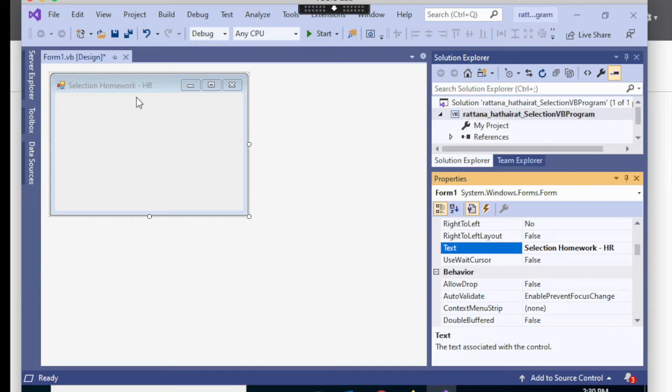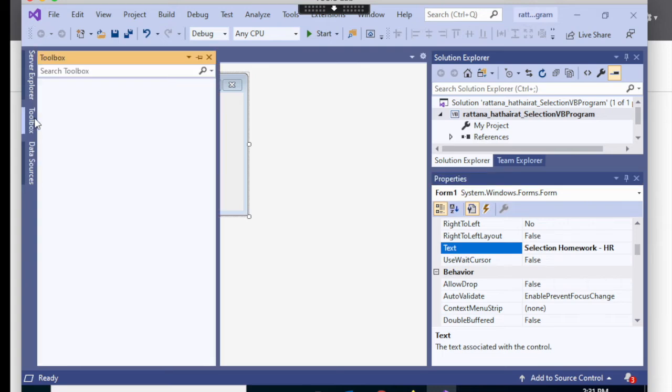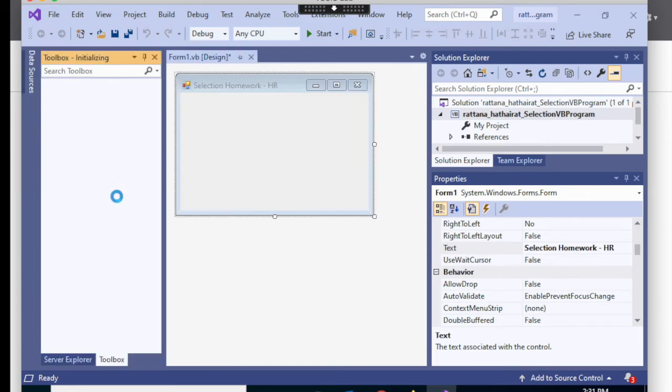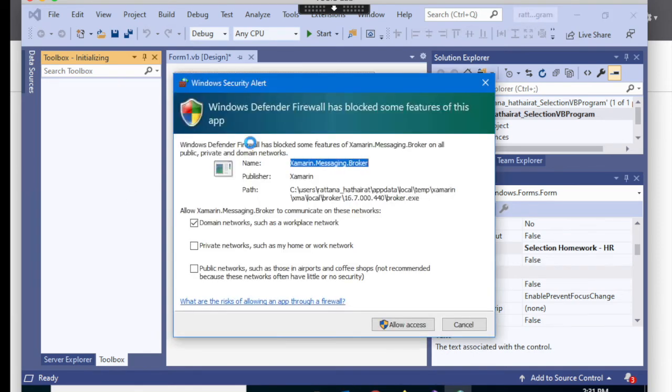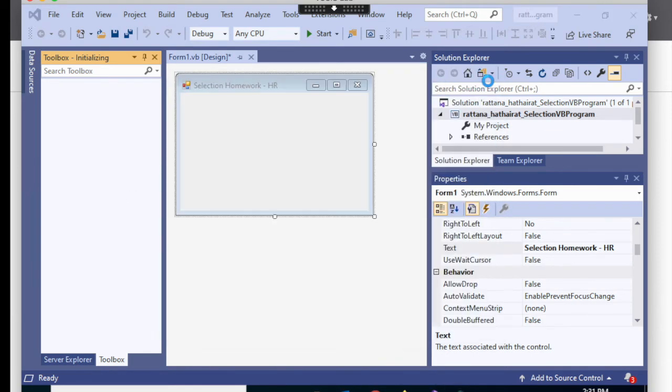Go to the next instruction: add Label1. How to add the label? Go to the toolbox. Click on Toolbox right here. I can pin my toolbox so that it's not minimized. Inside the toolbox there are a lot of form controls. I click